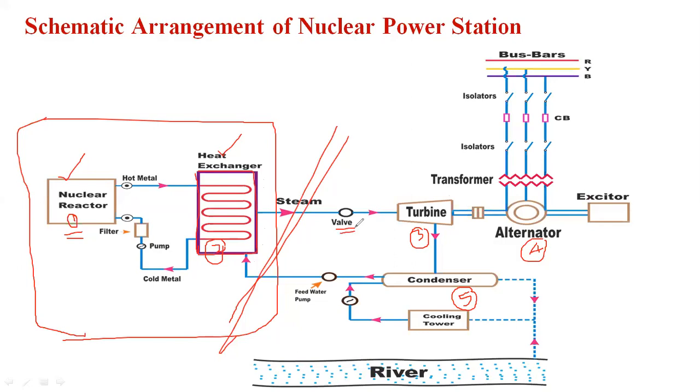Based upon the demand, we are controlling the generation. Suppose, for example, the demand is only 280 megawatts. What is the plant capacity? 500 megawatts, but the maximum power generation in the particular plant is 480 megawatts. The demand is only 280 megawatts, but 480 megawatts of power is generated. The remaining 200 megawatts is lost.